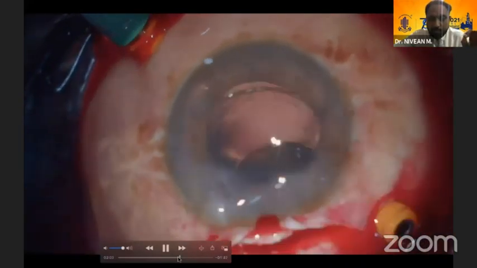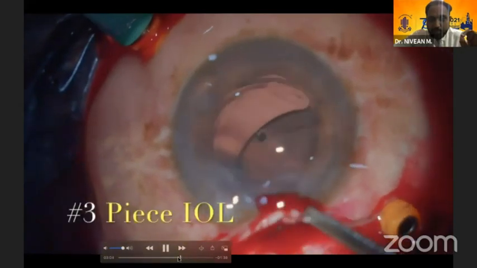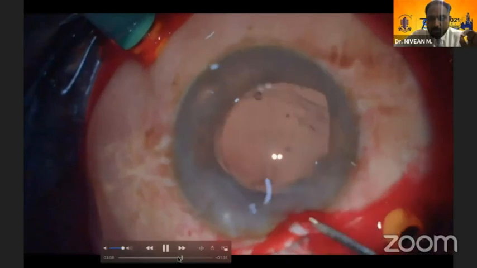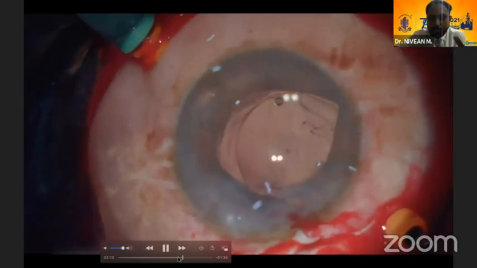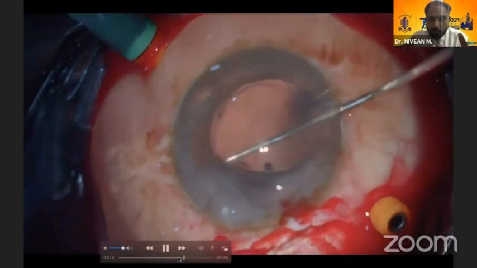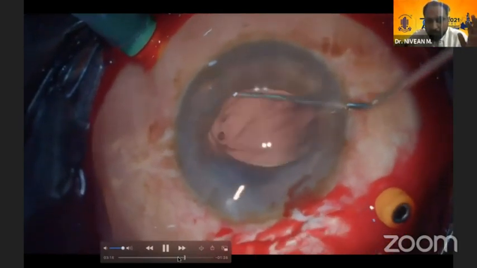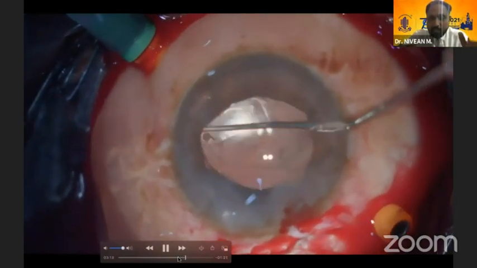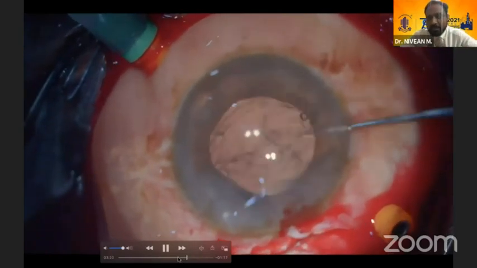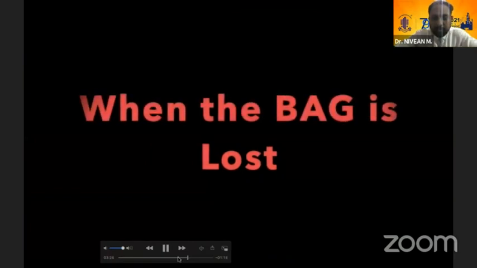You can see the first haptic has to make sure it goes under the iris. You can see the margins clearly. And I use the two-step technique, so I just leave the second haptic. I don't try to push it inside because that can tear the margin. So go through the side port, catch the optic-haptic junction, and here where you see the rhexis margin, place it there. After that, too much maneuvering should not be done, because in these compromised cases it can slip out. So once we know it is stable in the iris, we can leave it.